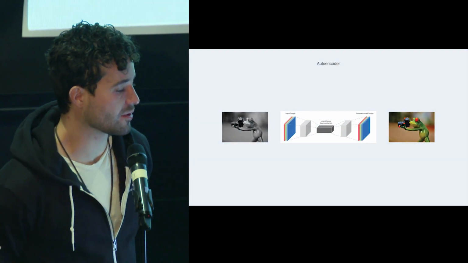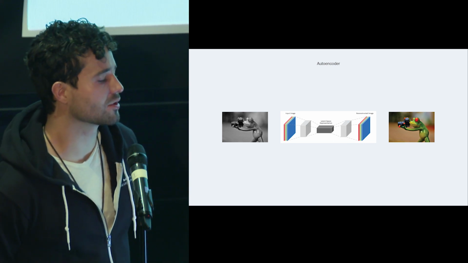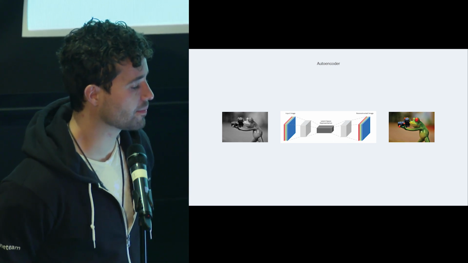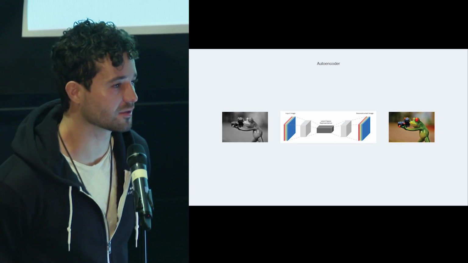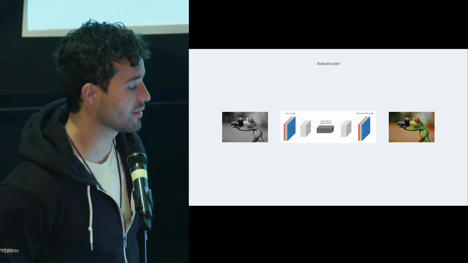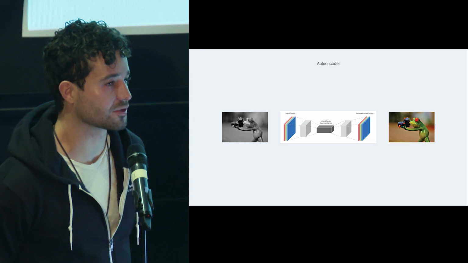So unsupervised learning, so that was self-supervised learning. NMT should have been in this section as well. So when people think about unsupervised learning, maybe the first model to think about is this autoencoder model. So you have some input, you run it through some model, and then you try to reconstruct that input, right?